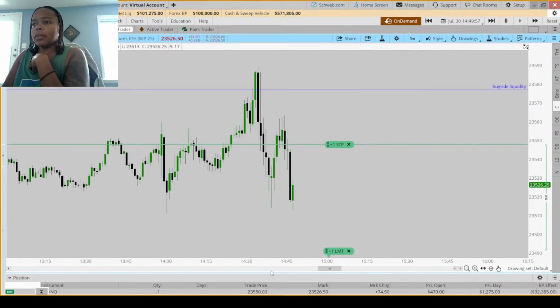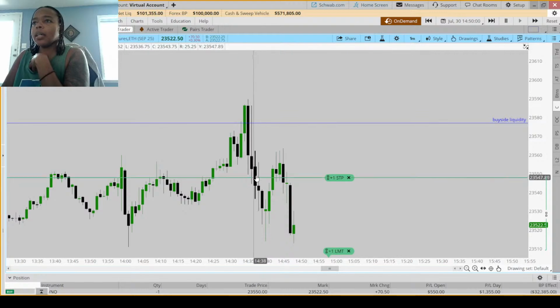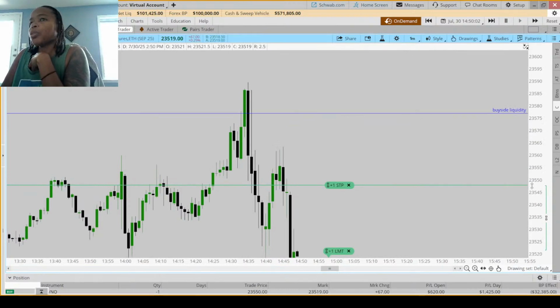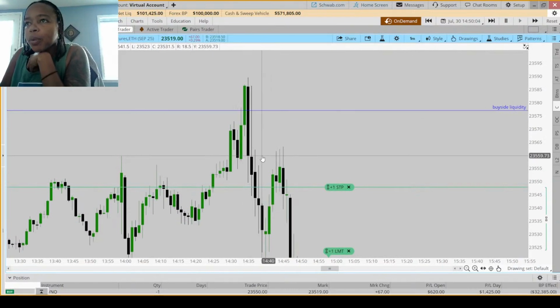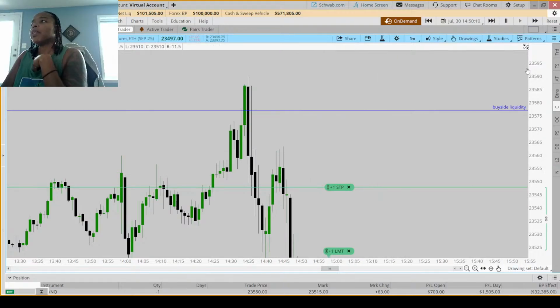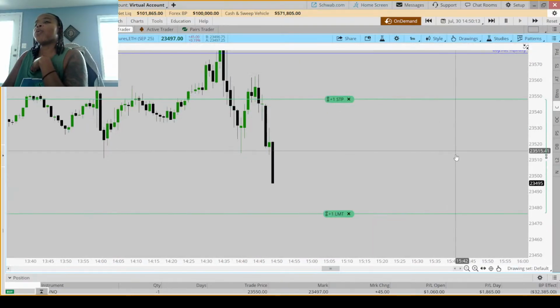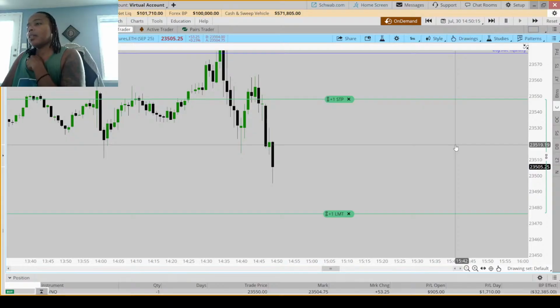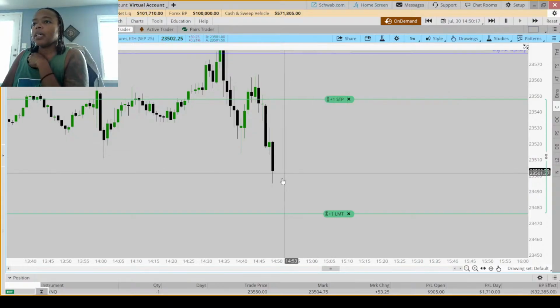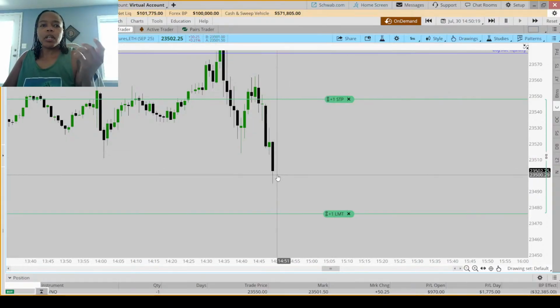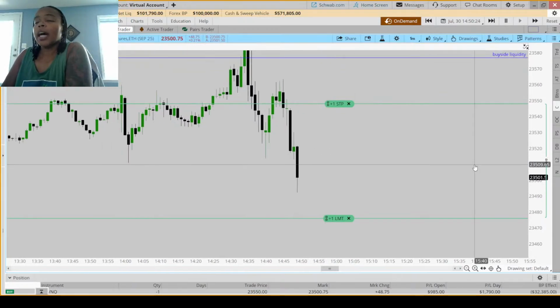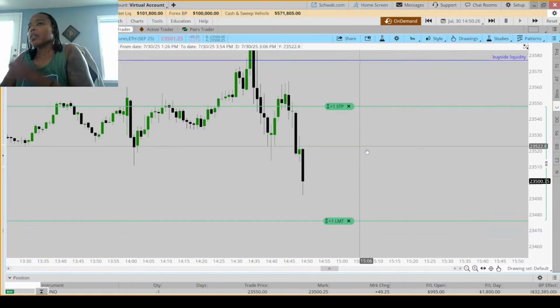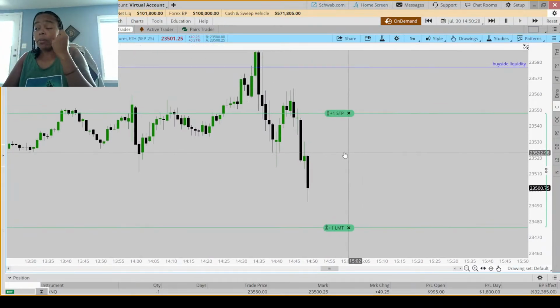Let me zoom in. Because of that wick, my entry should have been at the base or right at this volume imbalance right here for the short. That's where it should have been. But because I'm always so insane about it. And I should have my screenshot. Have you snapped this? Yeah, I did. It's in my journal. So this was a good setup that I took in my journal.